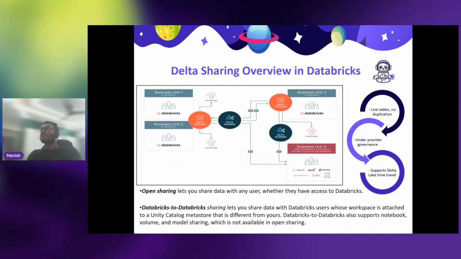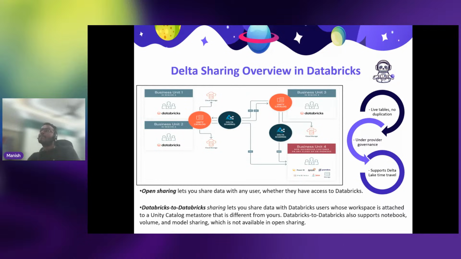Okay. So this is the overview of Delta Sharing. You can see here there is business unit 1 which is available in a Databricks workspace. There is business unit 2 which is again available in another Databricks workspace, and both workspaces are managed by Unity Catalog here.